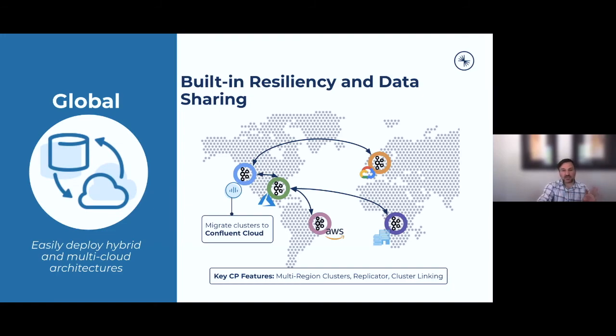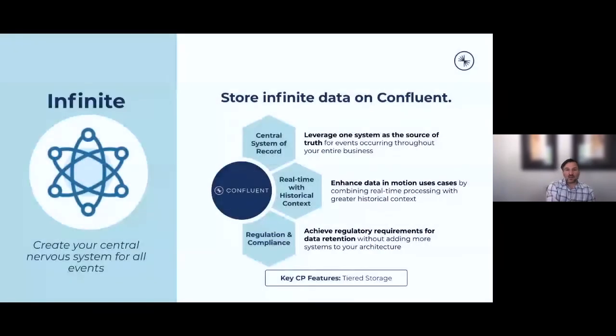And all of these capabilities are things not available in Kafka, but they are available in Confluent. So when you're working to support these types of use cases where you need information available in the cloud and on-prem and share it back and forth, Confluent is that bridge in between that lets you do that, and it can do it with an infinite amount of data as well. You can store as much as you want.